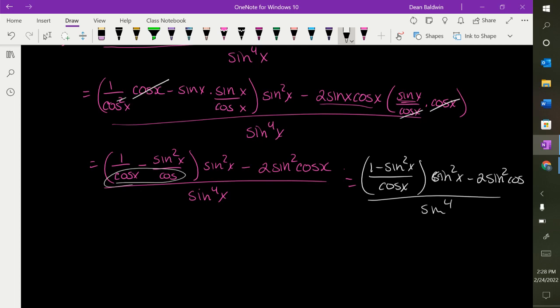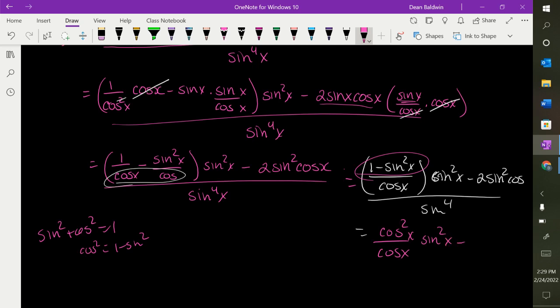So you can see I'm starting to rush. Okay, 1 minus sine squared, if you remember your identities from math 12, sine squared plus cos squared is equal to 1. So if I move the sine squared over, I get cos squared is equal to 1 minus sine squared. So the top there becomes cos squared over cos